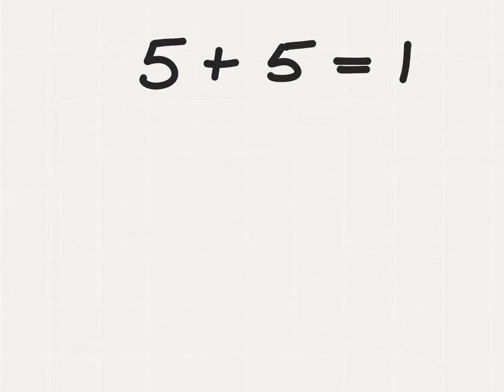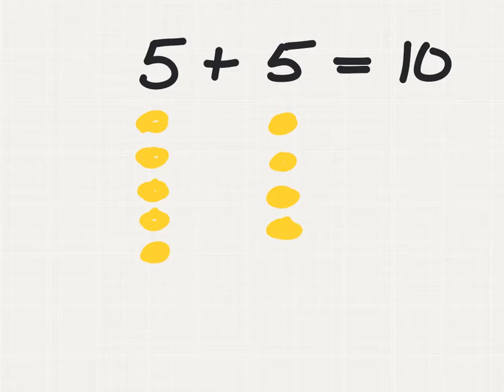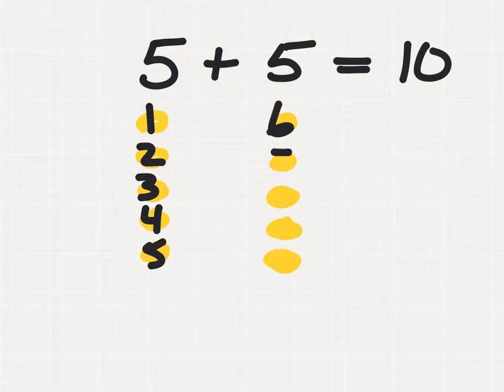If I'm adding 5 plus 5, I think we'd agree we'd expect the sum to be 10. Well, if I modeled this using counters, I would draw 5 yellow counters to represent positive 5, another 5 yellow counters to represent positive 5, and I would simply count my counters to see that my sum must be 10. On a number line,